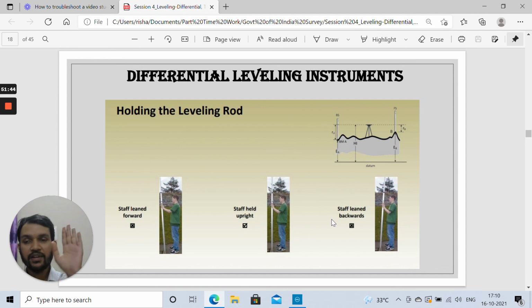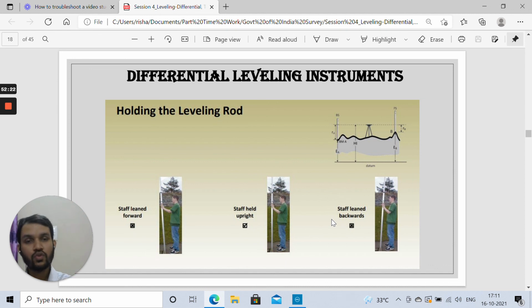Okay, if it is held exactly vertical, suppose the reading which you have to read is 1.5 when you are making the horizontal line of sight. But if you make it inclined, if it is tilting outwards, then the reading that you will read will not be on the exactly vertical leveling staff, but on an inclined leveling staff, and the reading which you will sight will be greater than this 1.5 meter. It may be 1.6 or 1.7. Whether it is leaning forward or leaning backward, the reading on the leveling staff will be higher than the actual value, and this reading will not at all be correct.